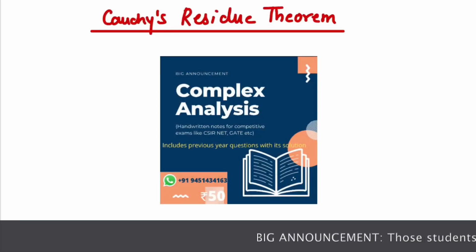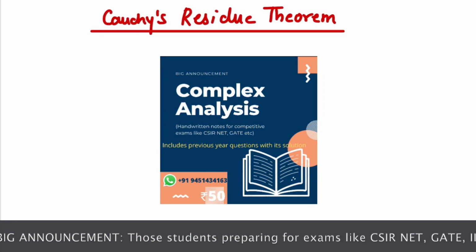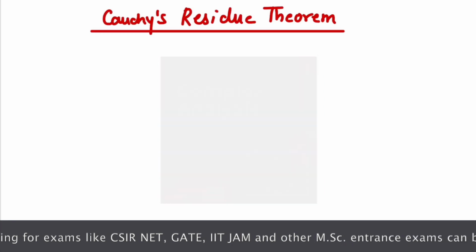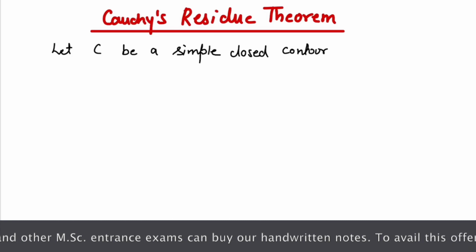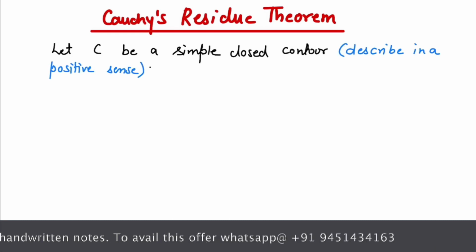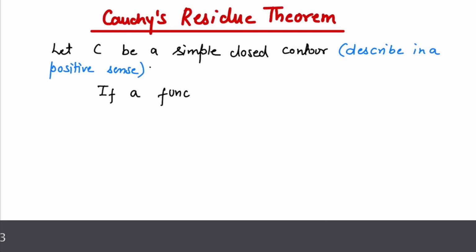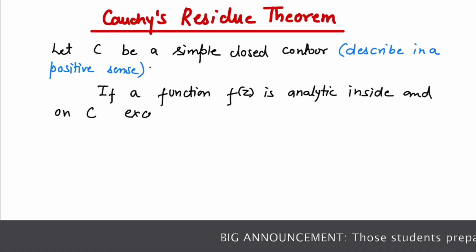Today we will see the proof of Cauchy's residue theorem. So let's start. A statement of the theorem is: let C be a simple closed contour described in a positive sense, and if a function f of z is analytic inside and on C except for a finite number of singular points,